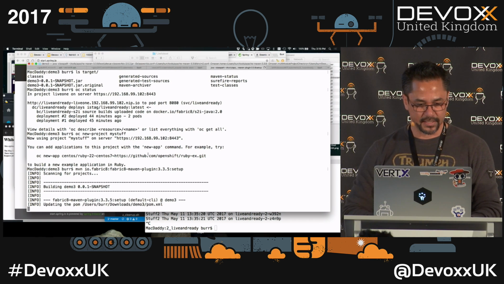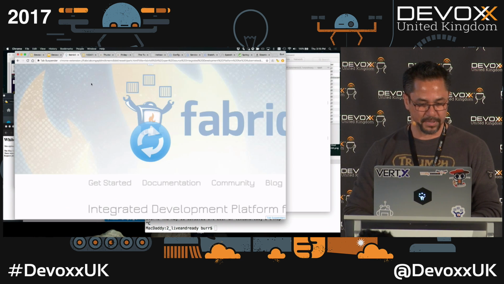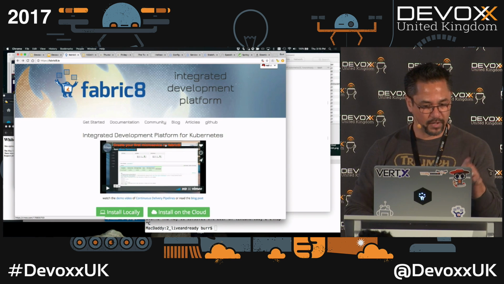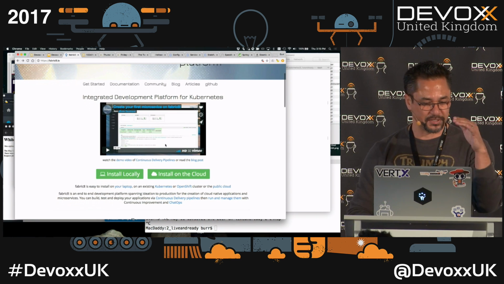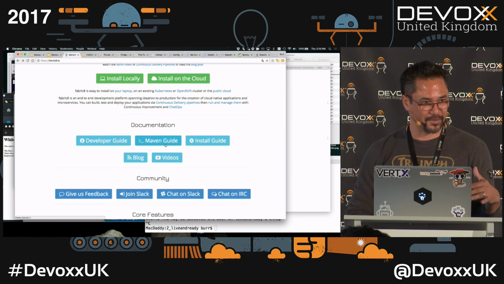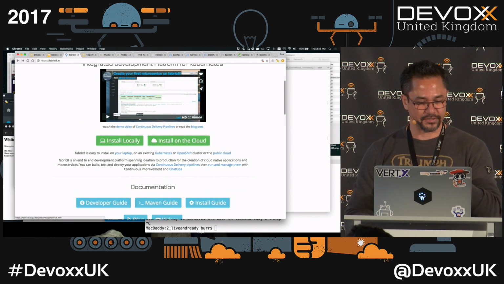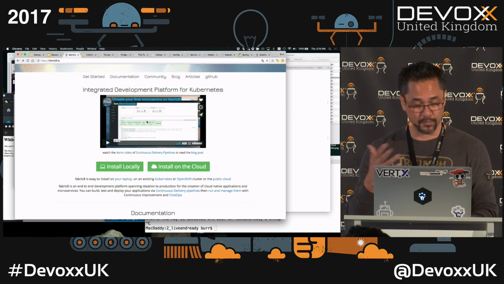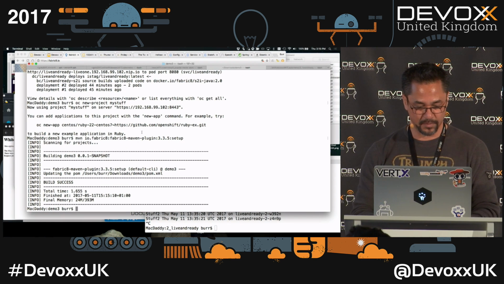So the Fabricate project, while that's working, is a bunch of different things. One of which is specifically the Maven plugin, but also is a bunch of Kubernetes manifests and a bunch of tools that help you kind of get things set up correctly, okay? So this is a pretty interesting project from the perspective of how do you make developer productivity happen from a Kubernetes standpoint. And if I did this correctly,